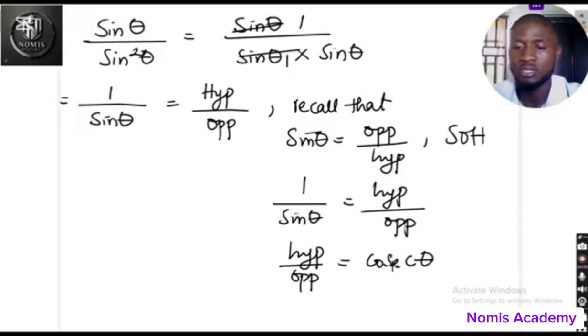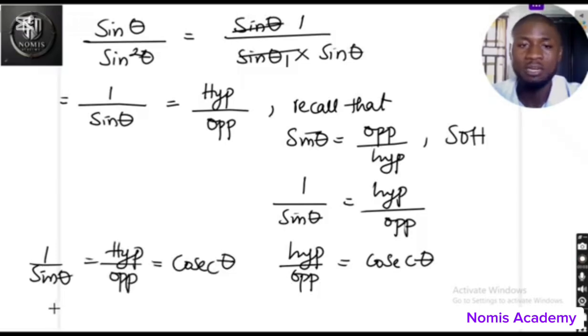That is to say, the inverse of sine theta is equal to cosec theta. Now that we have arrived at 1 all over sine theta, which is hypotenuse all over opposite, and we agree that it is the same as cosec theta, then we can tell that we just converted